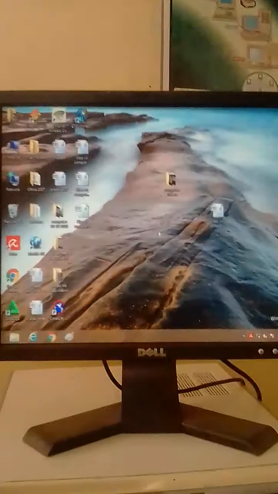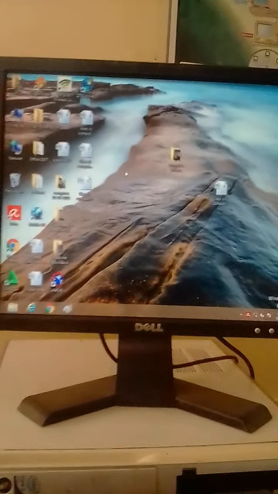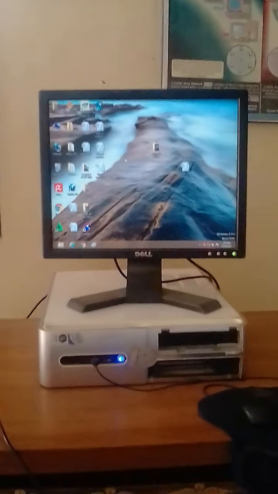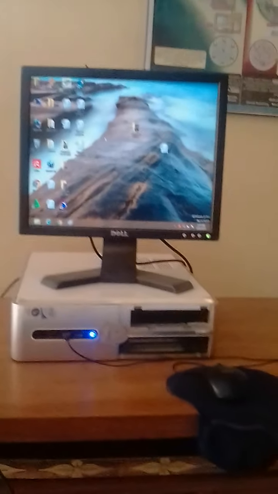Dear students, today we are going to do practical number 1 on Microsoft Excel. So dear students, to do the practical, first of all we will have to concentrate on how to open Microsoft Excel. The first condition for working on Microsoft Excel is that you will have to install Microsoft Office in your computer.